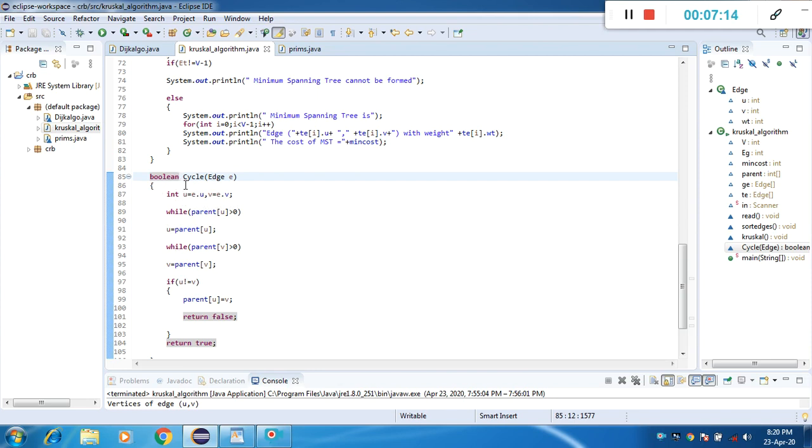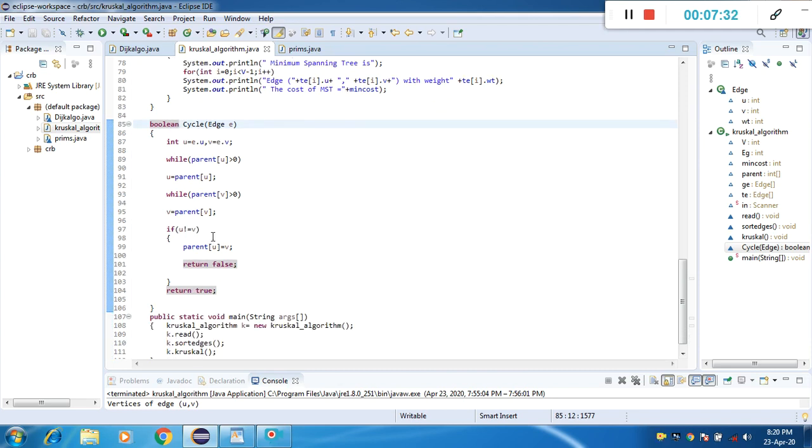That is, boolean cycle(edge e): integer u is equal to e.u and v is equal to e.v. While parent[u] is greater than 0, initialize u is equal to parent[u], or while parent[v] is greater than 0, initialize v is equal to parent[v]. And if u is not equal to v, then parent[u] is equal to v, then return false. That indicates u and v are not equal, and that does not make a cycle. Otherwise it makes a cycle and returns true.